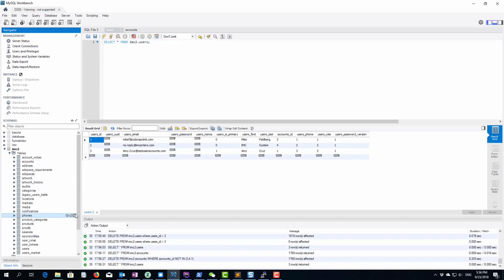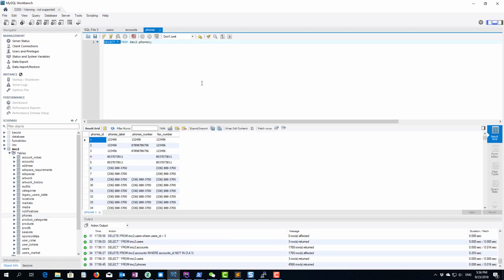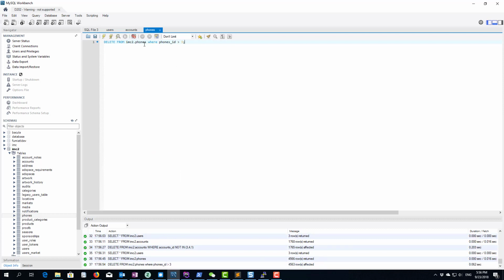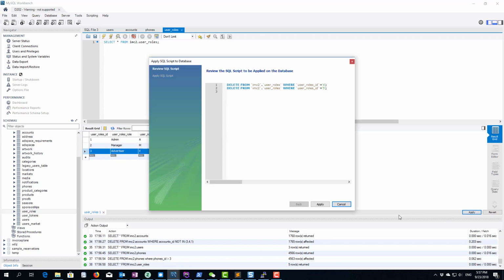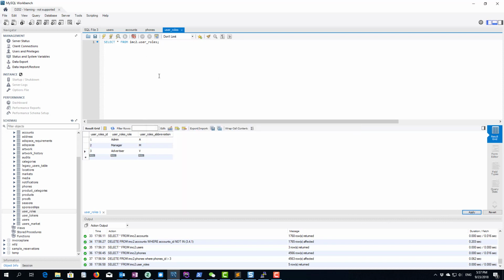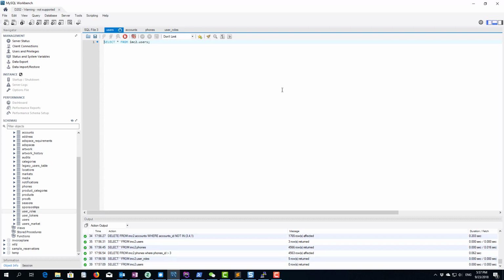So let's go phones, delete from phones where phones ID is greater than 3. Done. And user roles, there's only 2 of them, so we can just do it this way. Delete, apply, finish. And then lastly,